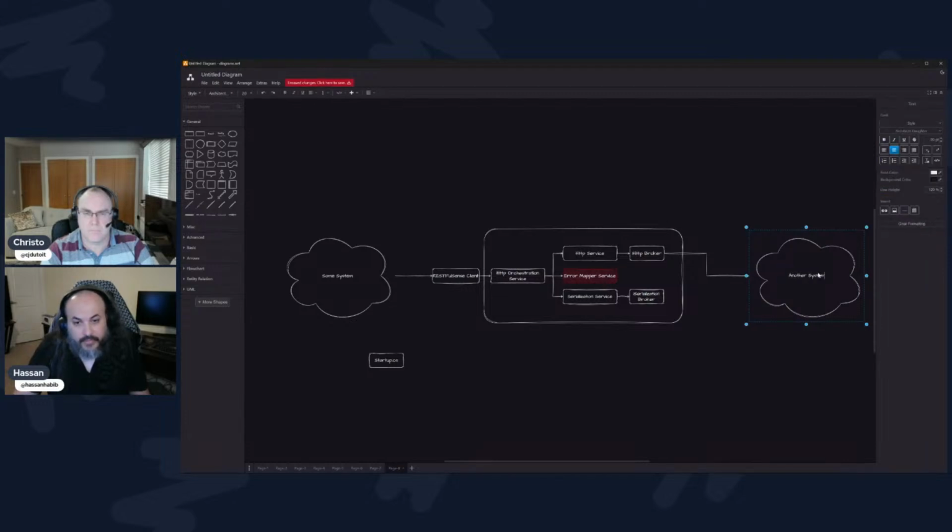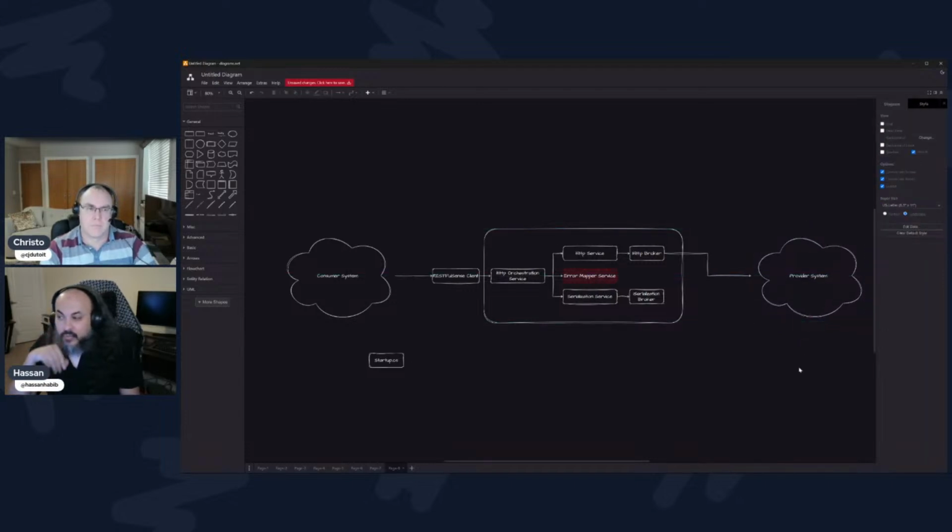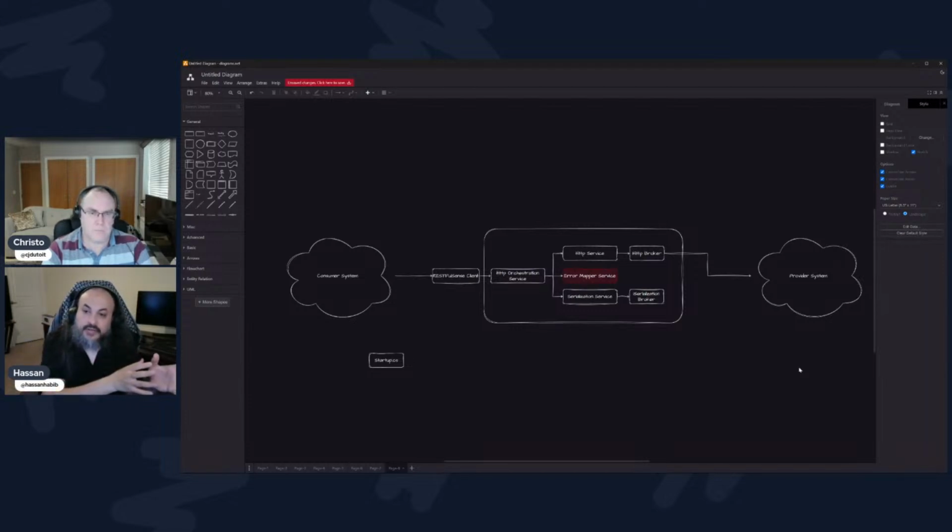This would be like the consumer system, and this here is the provider system. Now here's the tricky part though. RESTful Sense, as it stands today, does something wild with the error details. There's no other library that does that. If you put error details, it will map that. Your exception data will turn into error details as it's traveling over the wire, and we have to account for that when it comes to